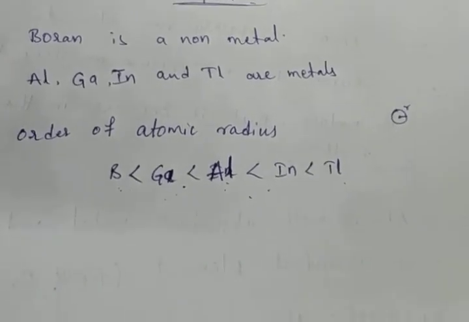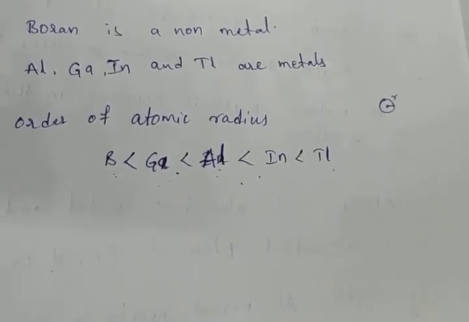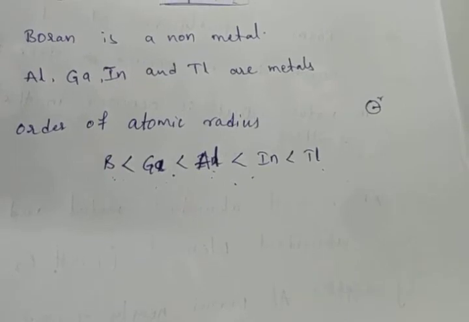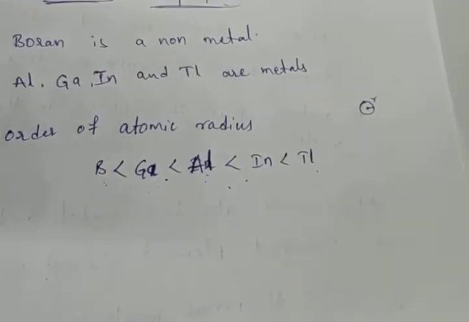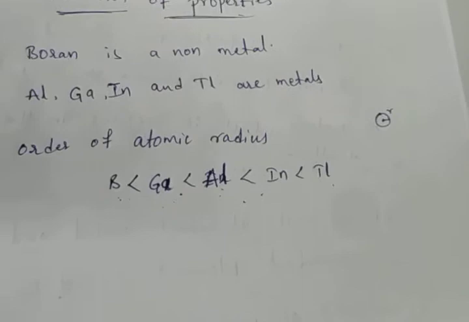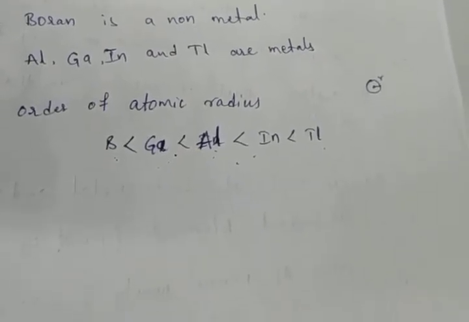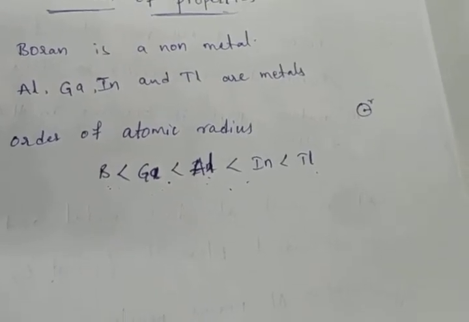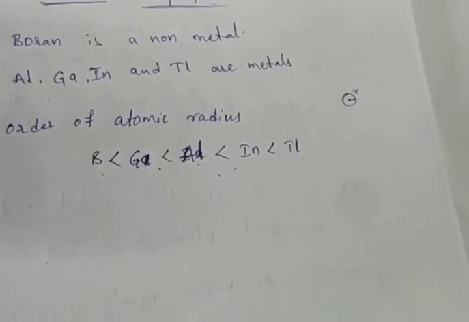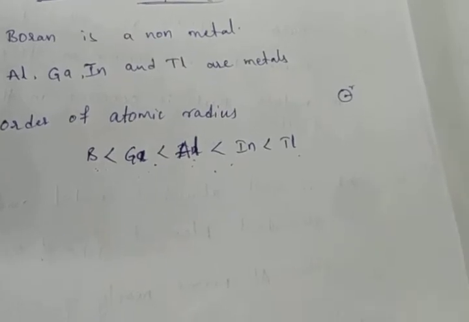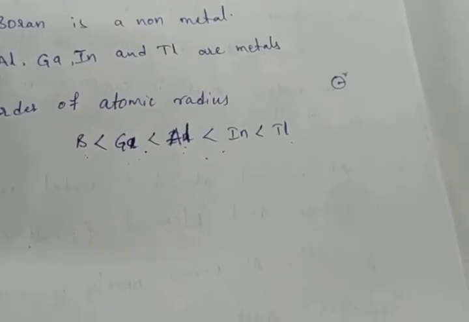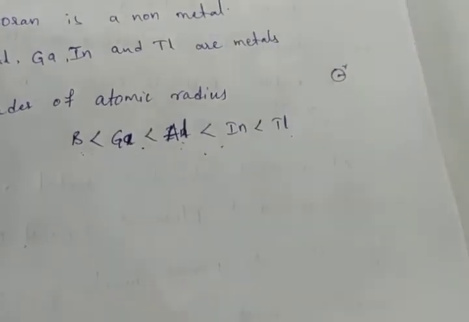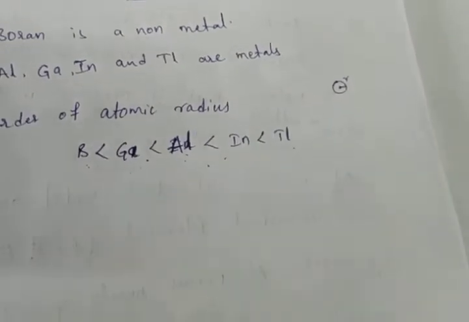Already we discussed the penultimate shell in the last class. In the penultimate shell, electrons are there, so due to those electrons a greater screening effect is there. What is the screening effect? Screening effect means nuclear attraction forces will be decreased on the valency shell. Why? Because the internal shells, that means the penultimate shell electrons, act as a shield.